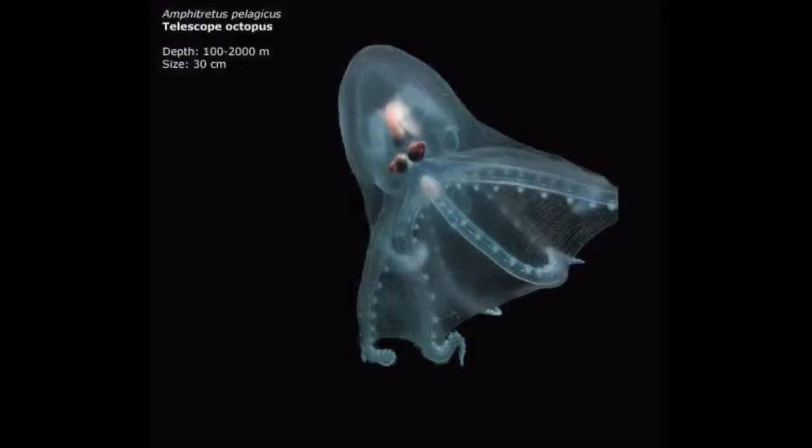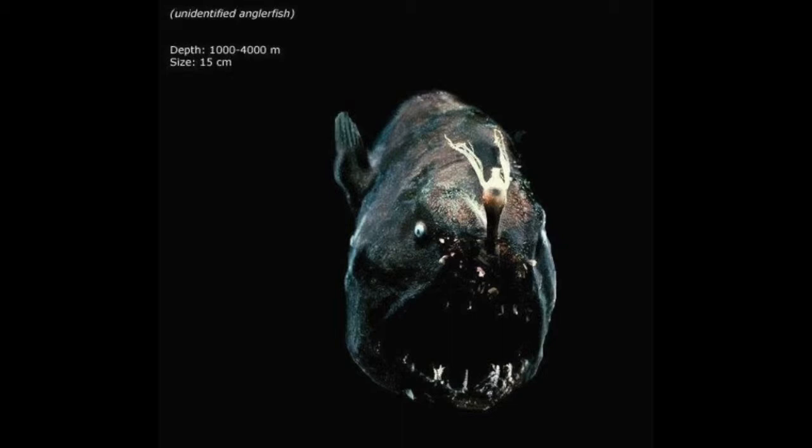The telescope octopus lives at a depth of 100 to 2,000 meters below the water surface and is the size of 30 centimeters. Despite its resemblance to the anglerfish that we know lives in the ocean waters, this anglerfish lives at a depth of 1,000 to 4,000 meters below sea level and is 15 centimeters long. And last we have the black snout sea snail. It lives in the depths of 200 to 1,692 meters below sea level and it is only